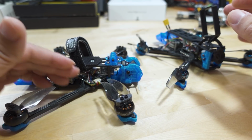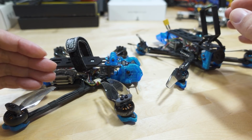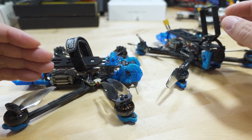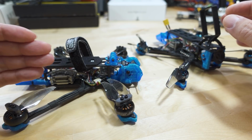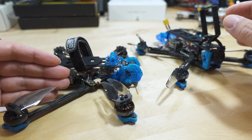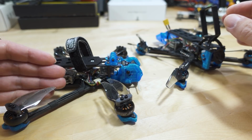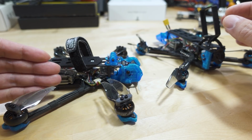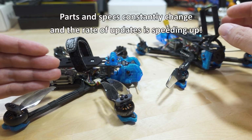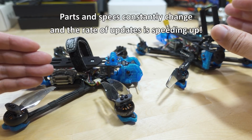It could be that the flight controller ESC, there's something physically wrong with it. It's something that I'm not able to see. But the board looks fine. Now, granted, when iFlight sent me these parts, the board and the motors, they sent me the V1, and since then I think there have been 2 revisions. There's a version 1.1 and a 1.2, possibly a third. And this is kind of why I'm titling this video, why I'm saying that